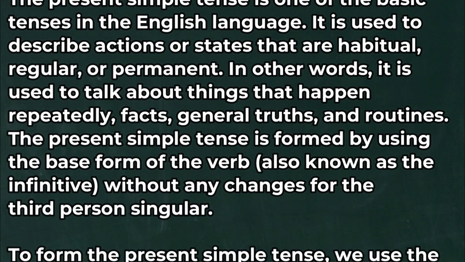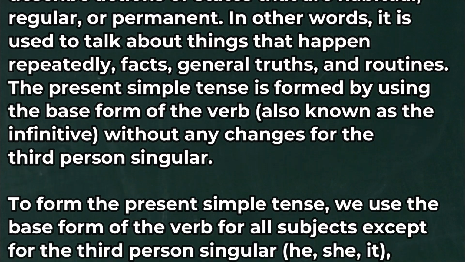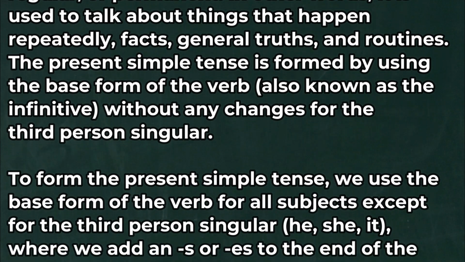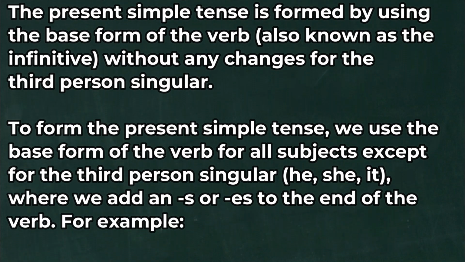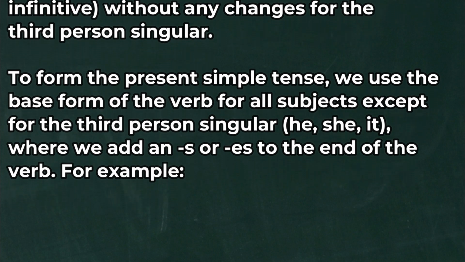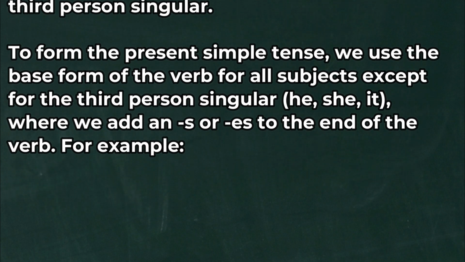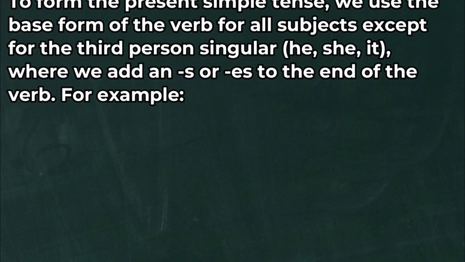The present simple tense is formed by using the base form of the verb, also known as the infinitive, without any changes for the third person singular. To form the present simple tense, we use the base form of the verb for all subjects except for the third person singular, he, she, it, where we add an s or es to the end of the verb. For example,